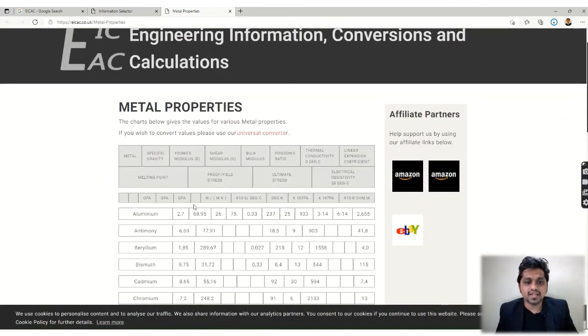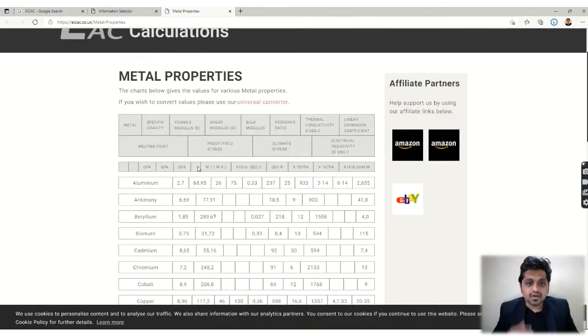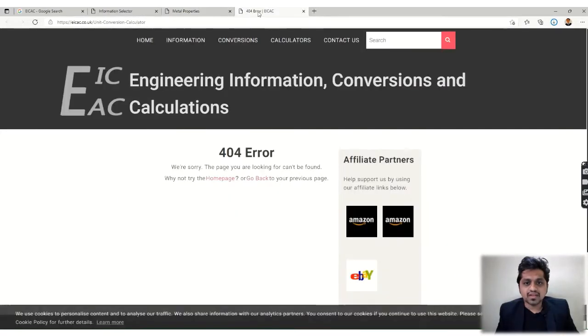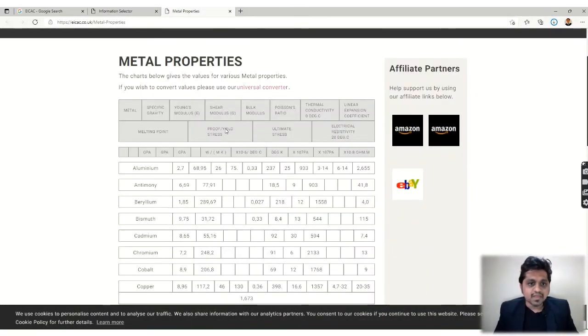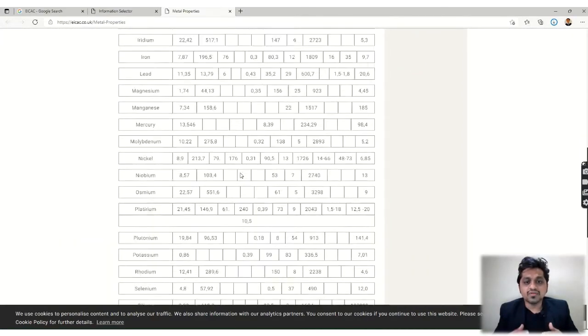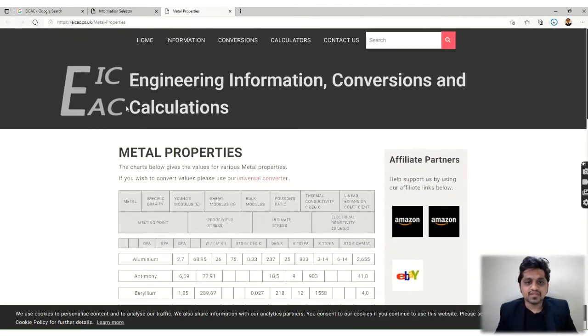If we go into the material properties, we can see the material properties of all the different materials. The universal calculator is not working. We have the information of specific gravity, Young's modulus, shear modulus, all this data in one sheet. So you can find out the data from this tool.